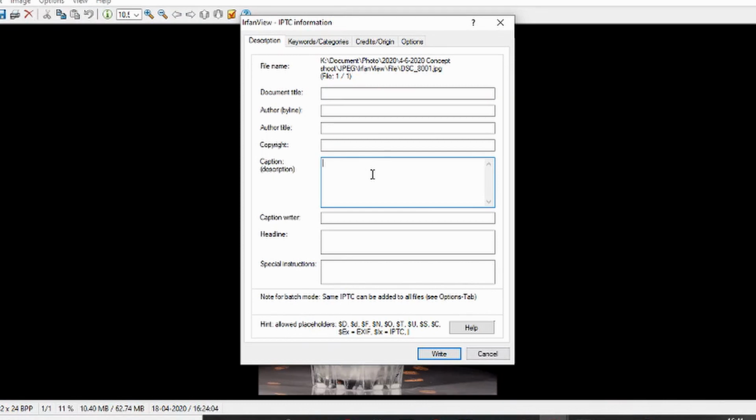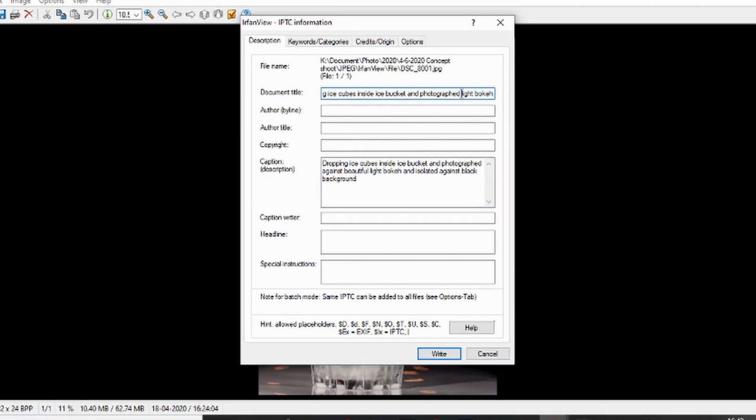Here I will write the description as dropping ice cubes inside ice bucket and photographed against beautiful light bokeh and isolated against black background. Sorry, I'll just copy some text from the description field to paste in the title field.